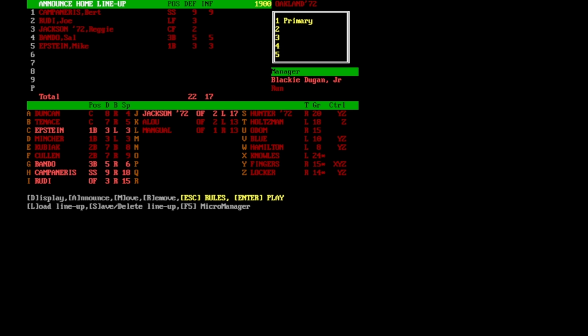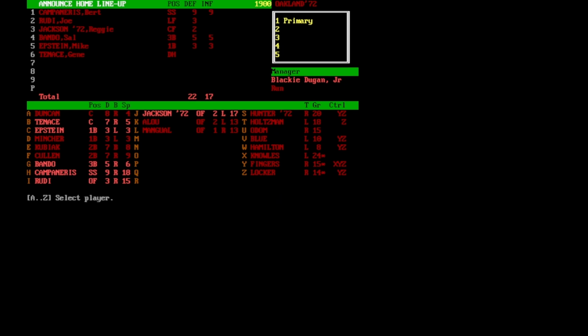Alright, now Gene Tenace. I know it's 1972, but I'm using a DH, so he's our DH, batting sixth. And batting seventh is going to be